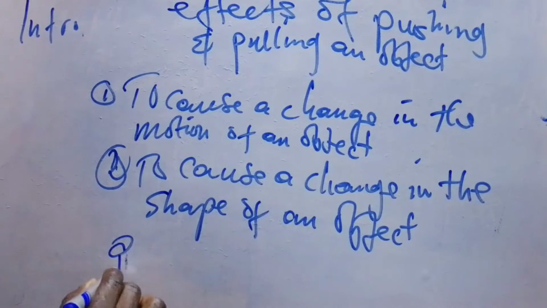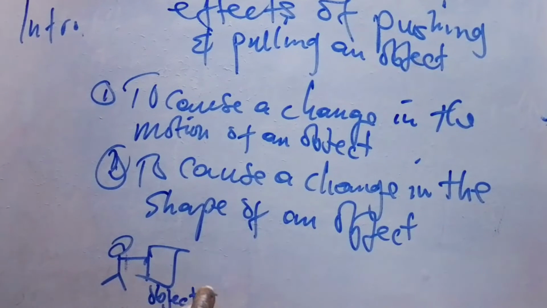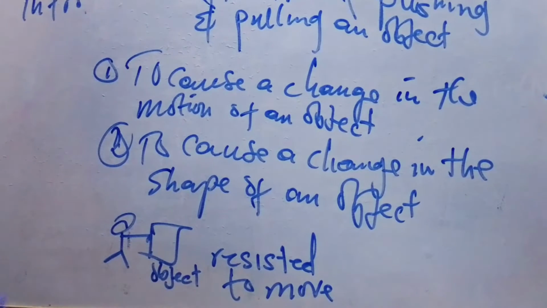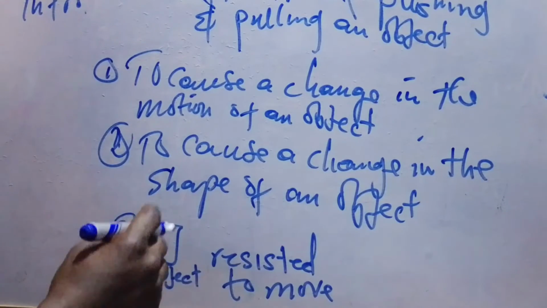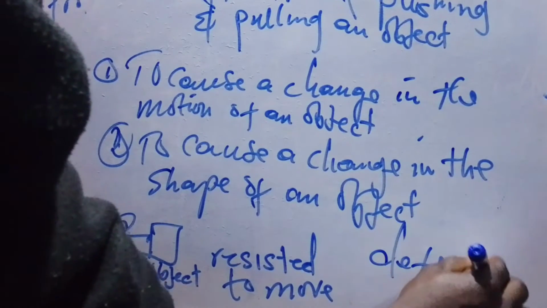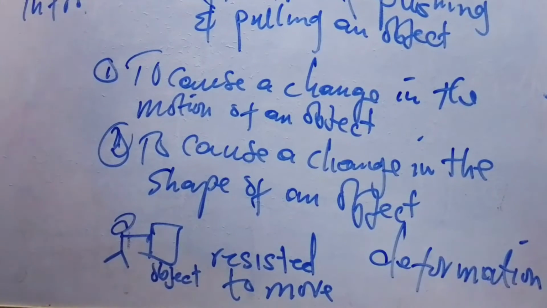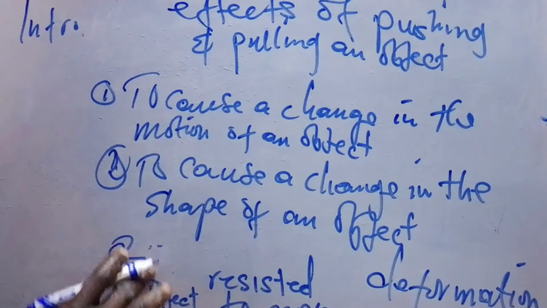So let's take for instance, we have a person here pushing this object, and this object has resisted to move, so that means the object will just change shape, and this shape which has changed is deformation. Okay,